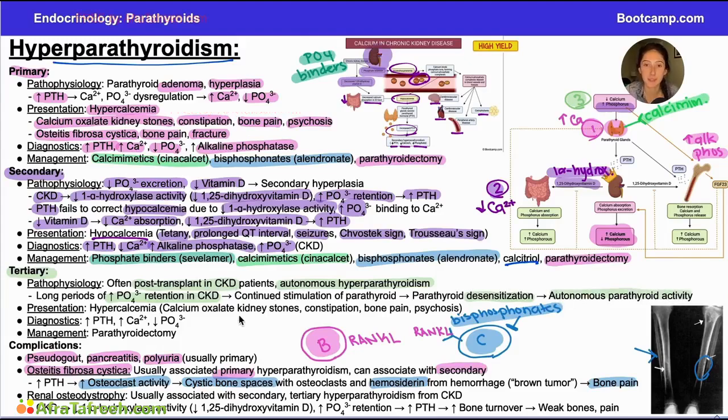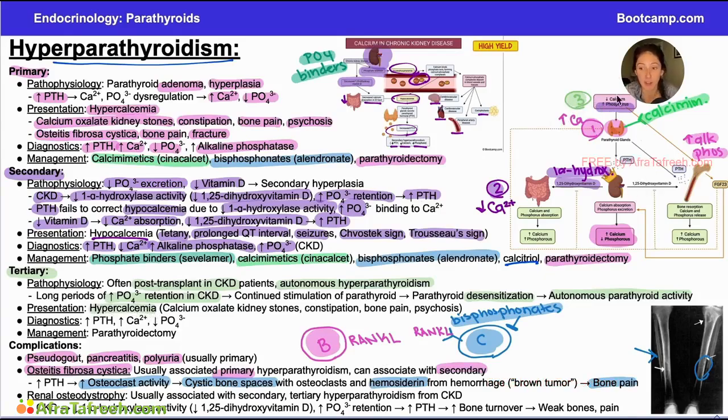So I know it's a little confusing, but whenever you think about tertiary hyperparathyroidism, always see in the question stem if it mentions that this patient had chronic kidney disease but now doesn't. So for example, if they got a transplant or something like that, that will usually be your clue that we're talking about tertiary. Tertiary, just like primary, is going to present with hypercalcemia, because again, maybe your kidneys weren't responding,